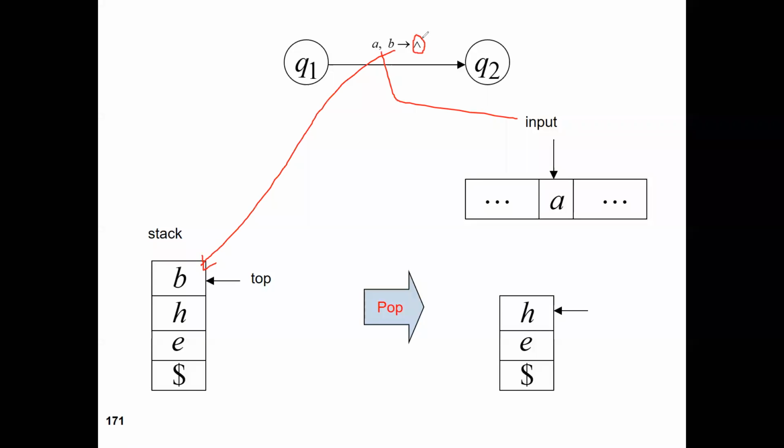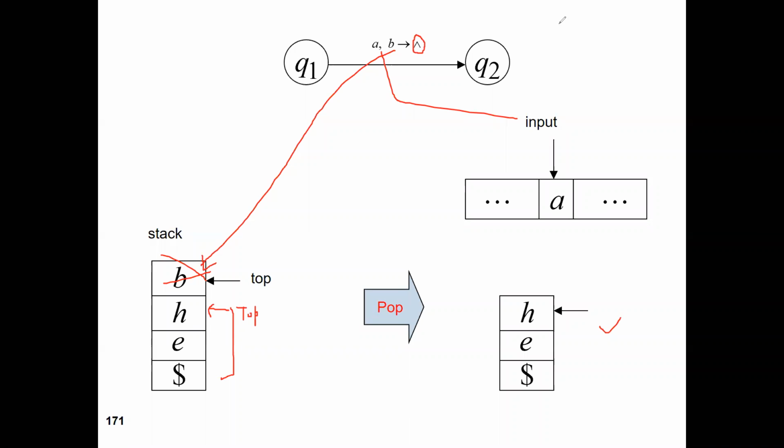It means that after popping out this B, the top pointer will be decreased, as I already told you, right? So now you are pushing null. Null means nothing you are going to push into the stack. It means the final position of the stack is this one, because this B is popped out and you are pushing nothing. So in this case, the position of top will be like this. That will point to H. It is the final position of the stack.